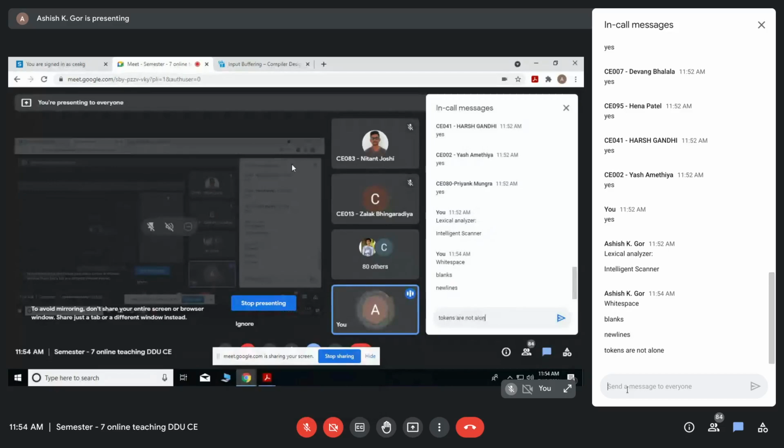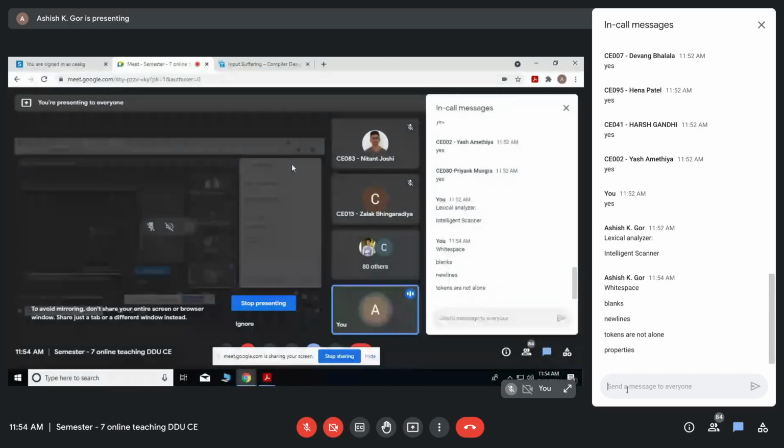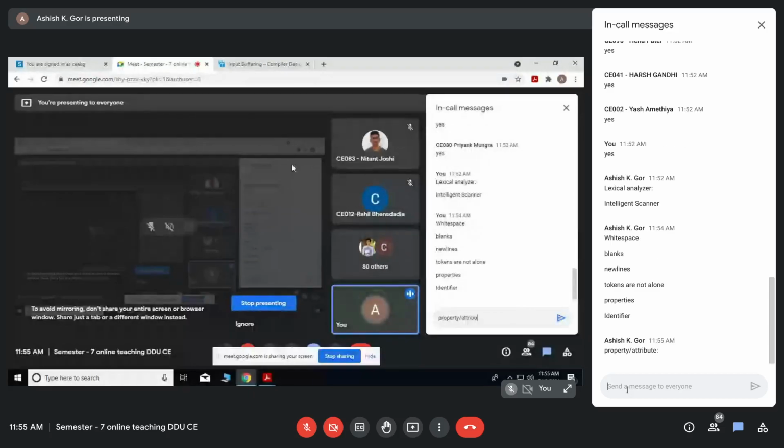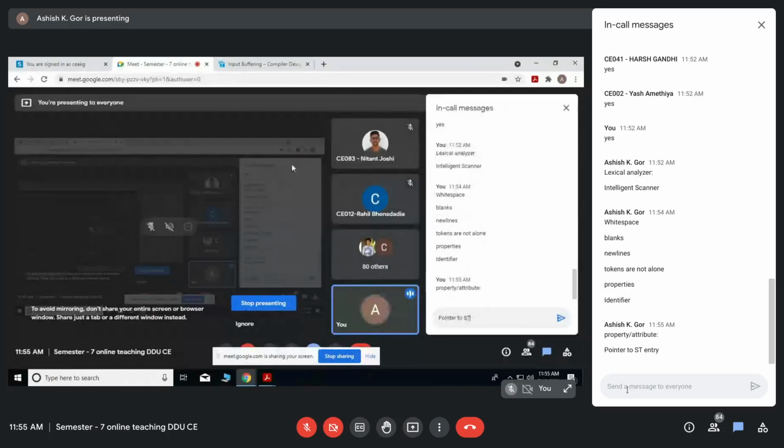For example, if you have an identifier, we don't just return the name of the identifier; in addition there is also a property, or you can say an attribute. That attribute would be the pointer to the symbol table entry which defines that particular identifier. For example, I have written integer ABC.